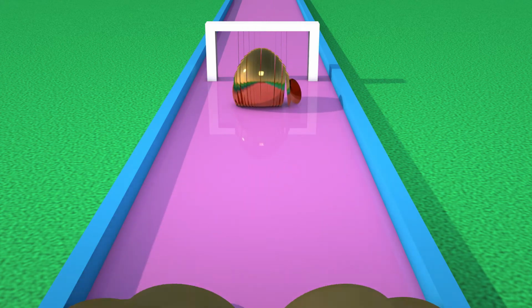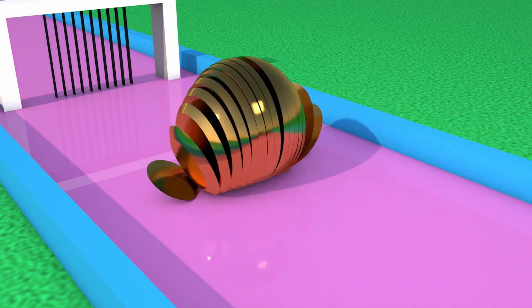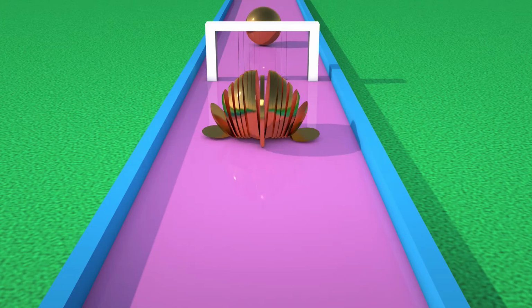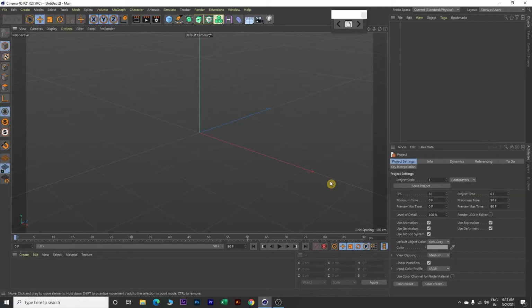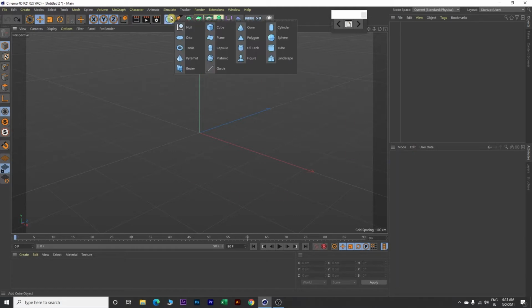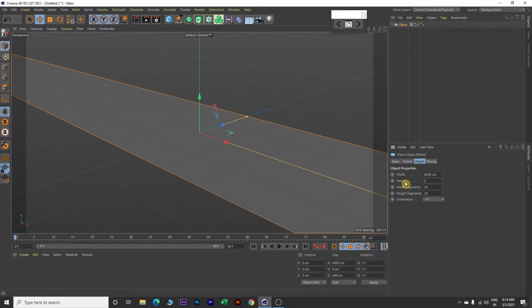Hello, today we will be making this video in Cinema 4D. So let's start. First of all, we will open a blank project and then we will insert a plane. Next, we will modify this plane, change width value to 6000 and height value to 600